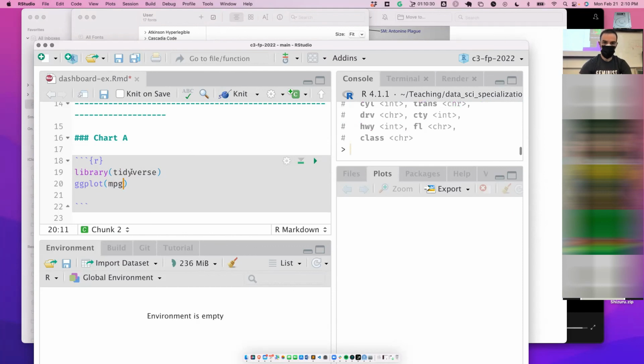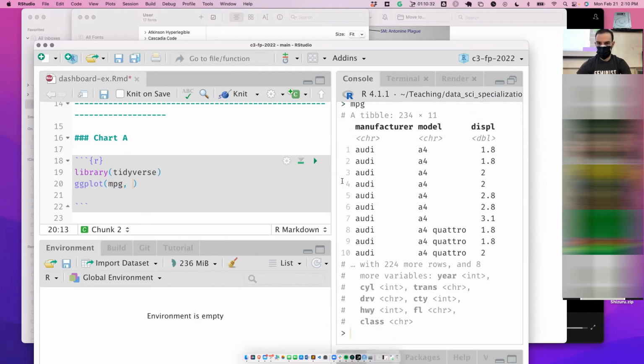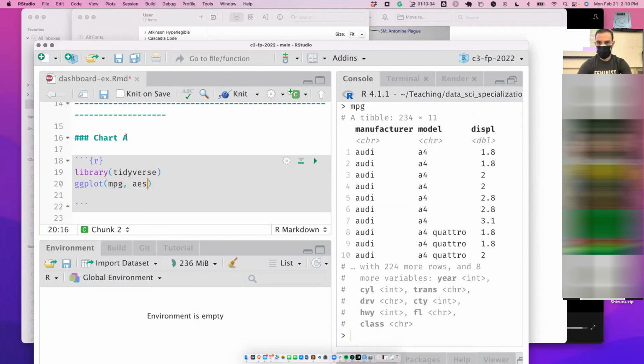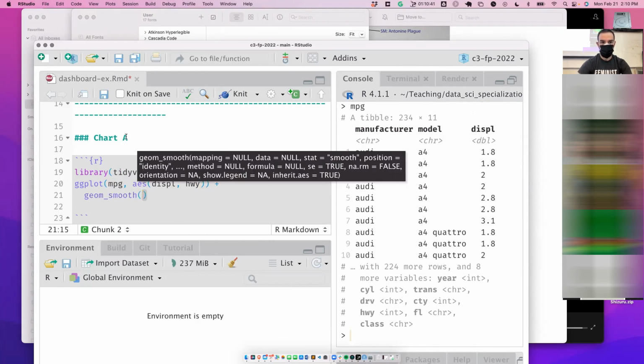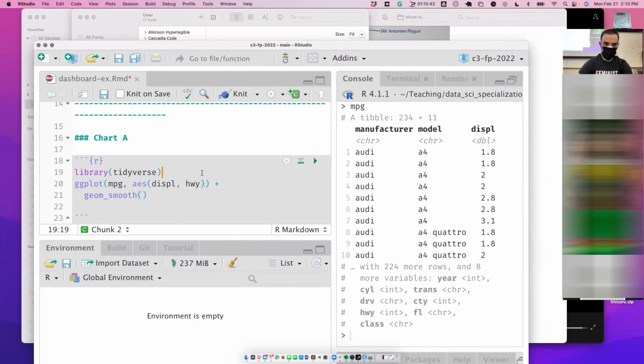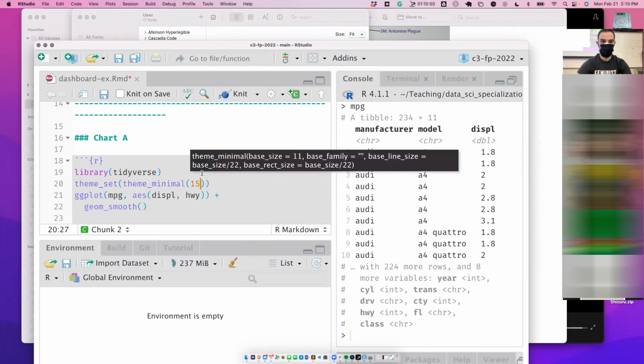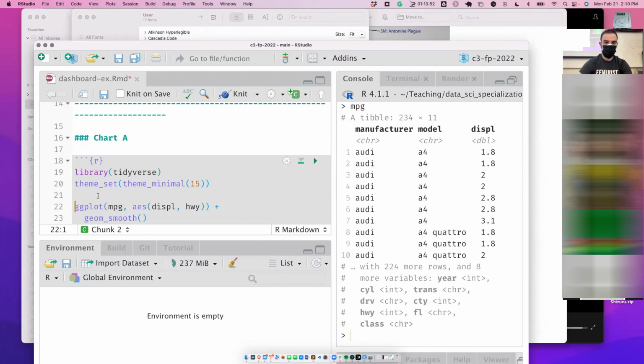MPG. And move this down so I can see it better. Go aes, displ, highway. Smooth, and then actually up here before that I'll go theme set, theme minimal 15. Okay, and then